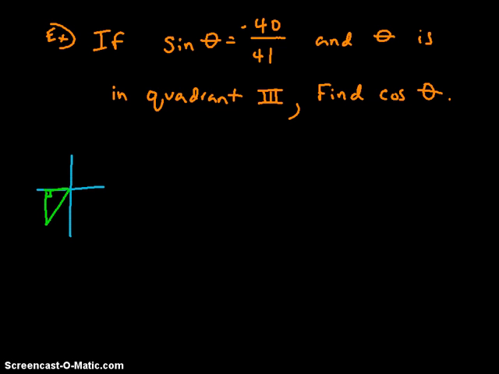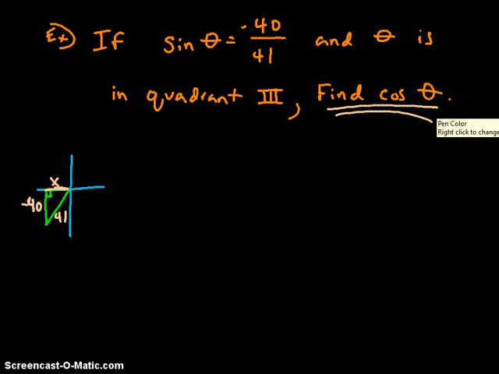So if you tried the first method, you really came up with this triangle here in quadrant 3, and because my hypotenuse is 41, that would go here, and the opposite is -40. So this is what the triangle will look like. Ultimately, we want to find cosine. So ultimately, we need to know this length. And because that length is going to the left, I know it's going to be a negative length. So I'm going to call that x. But I know when it's all said and done, there should be a negative value for x. So if that's the case,